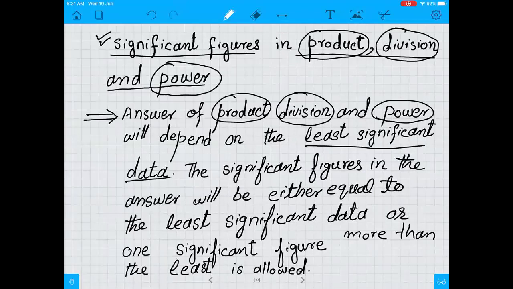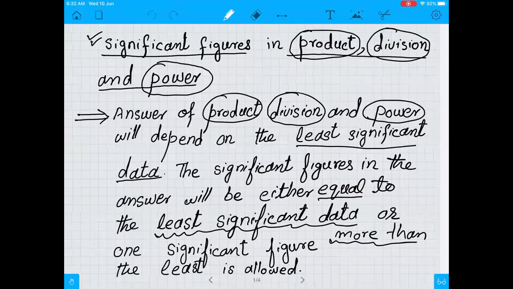then the significant figures of the answer should be according to the least significant data. Now, what is the rule? The answer should be there whose significant figures will be either equal to the least significant data, or they will be one more than the least significant data. Now, for example,